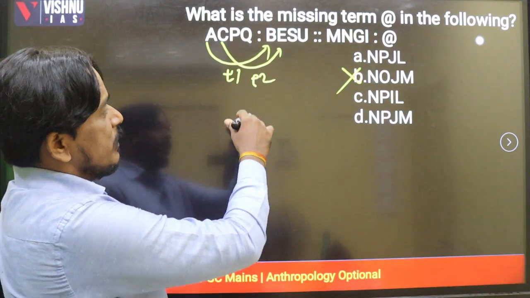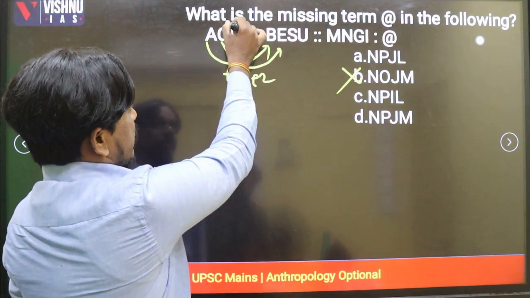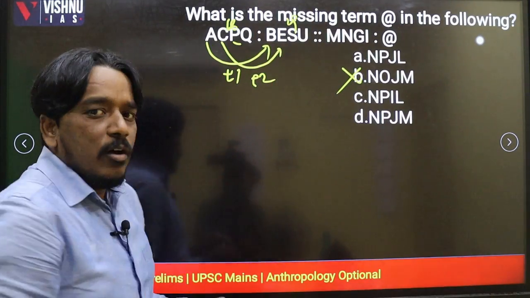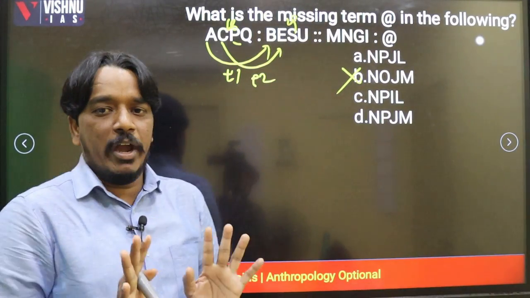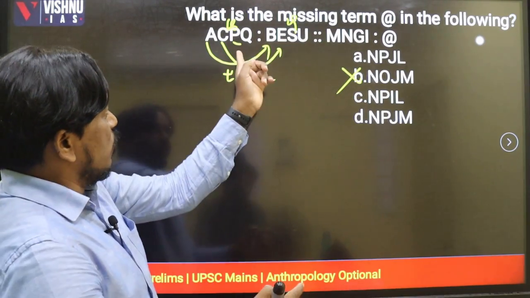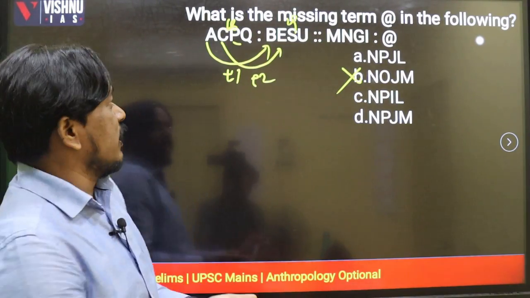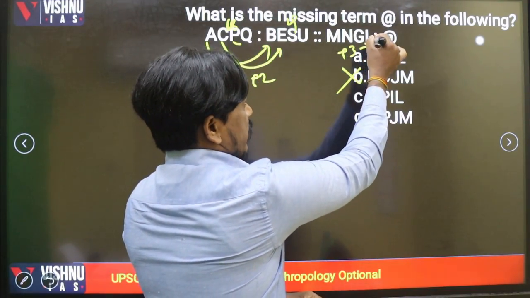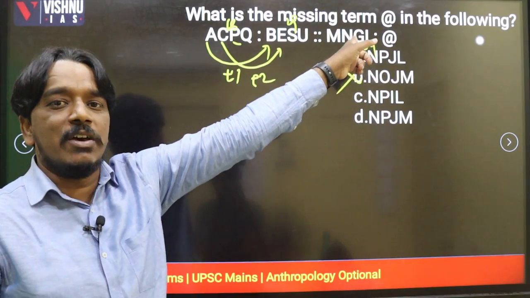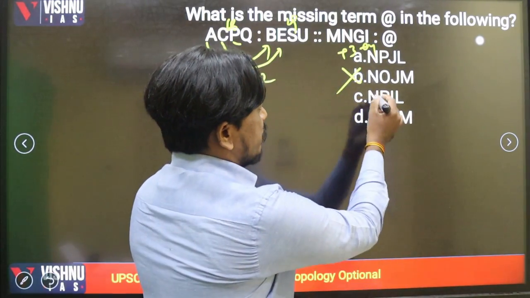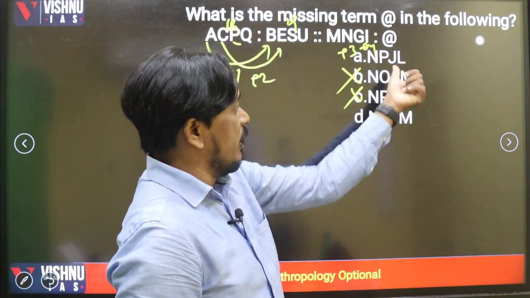The next, if you observe this place, P is actually 16, the 16 becoming 19, so plus 3. Once you see these points, it is in increasing order: plus 1, plus 2 and plus 3. So next must be plus 4 directly. Here plus 3, here plus 3. You have to apply, and last plus 4 you have to take. So G is 7, 7 plus 3 is 10, and 10 means J. In which option do we have J in the third place, that is the only correct one, remaining eliminated.